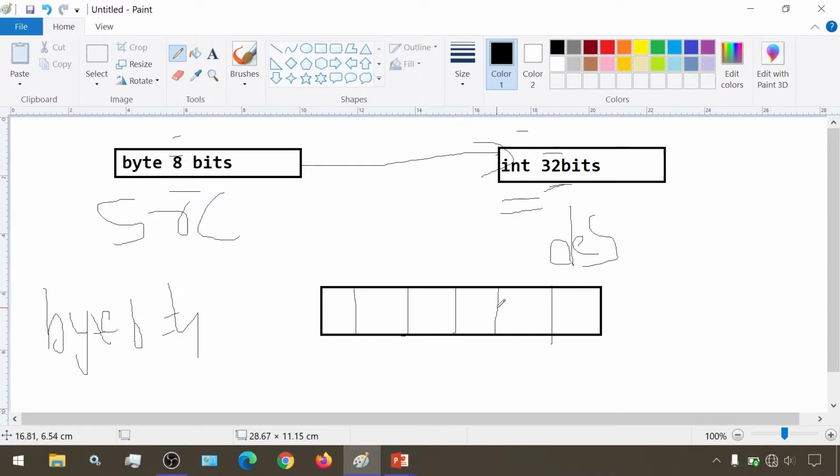So suppose this is the 8th bit, the last bit of this byte. So here the 8 bits of this 4 will be copied into these 32. So this total, let's suppose, is 32. Then these 8 bits from byte will be copied here, and there would be some more space left. So that space is to be filled with zeros.